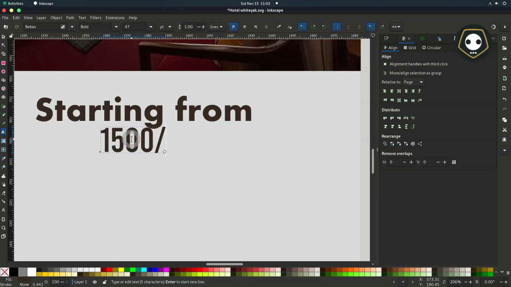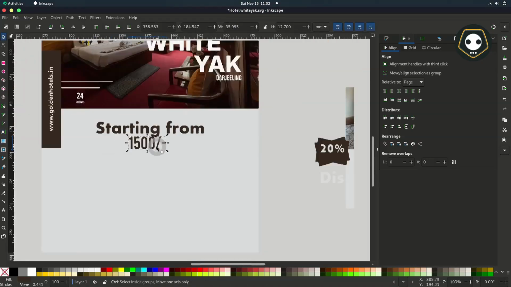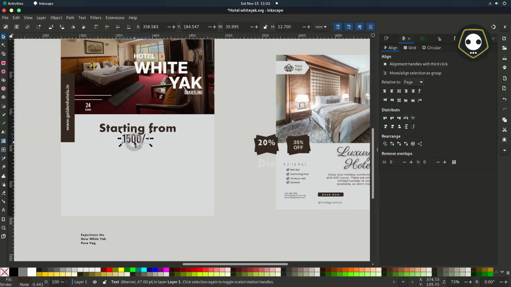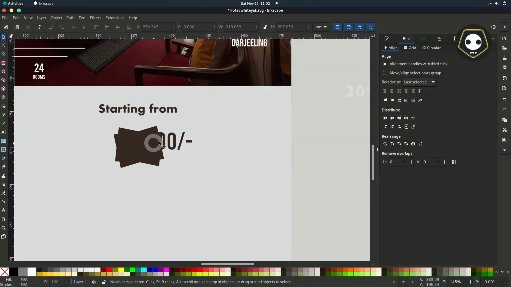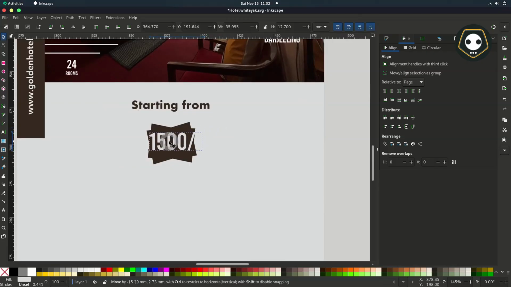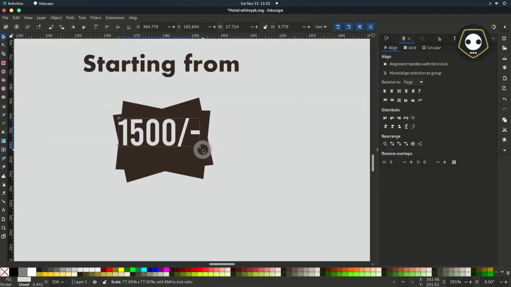What color you are using, you just have to have sound knowledge of color theory, the 60, 30 and 10 that I have used here. This is a color theory, the 60, 30 and 10 color combination, and set it on here.